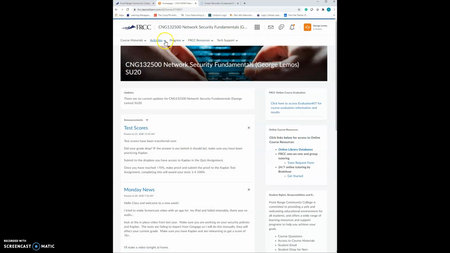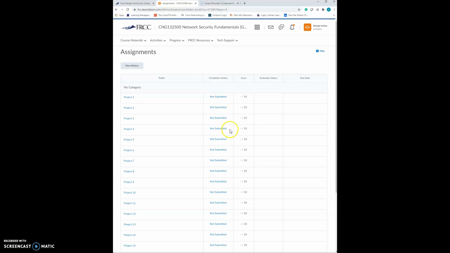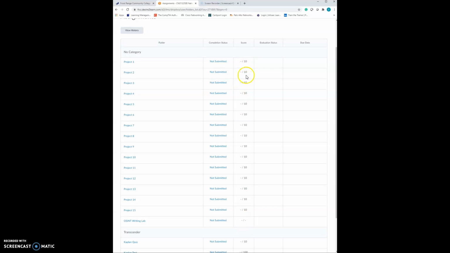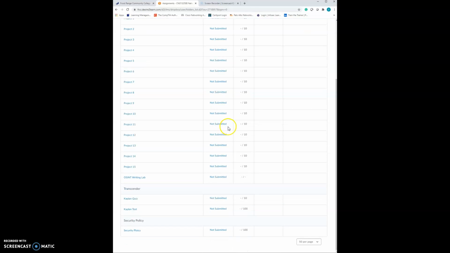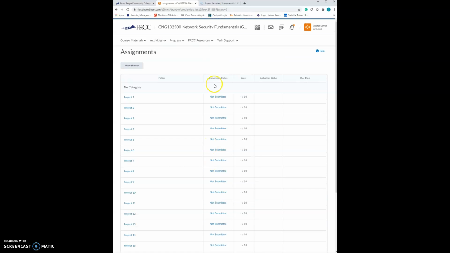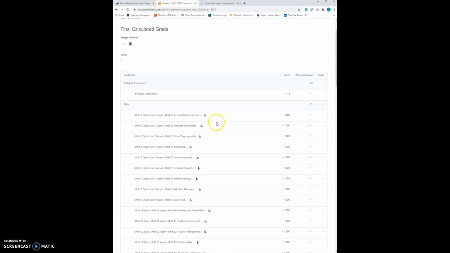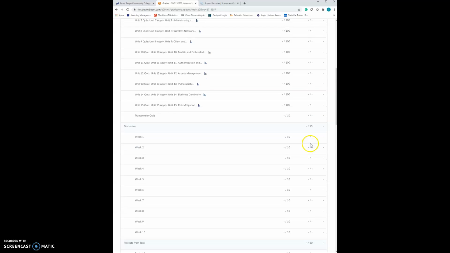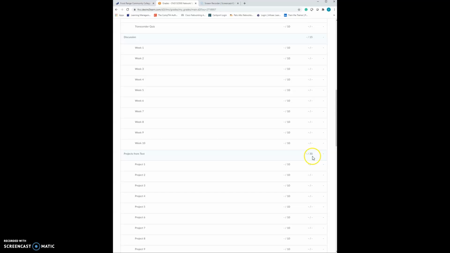The first one is looking at your overall grade. You can go to assignments and see your scores, but this will not post your grades. A lot of students stop here in assignments, and they don't see their grades totally. If you go to progress grades, you'll actually see your grades listed and the weight achieved per item. So you say quizzes here, I can see they're worth 5%. Scroll down here, discussions 15%, projects 30%,